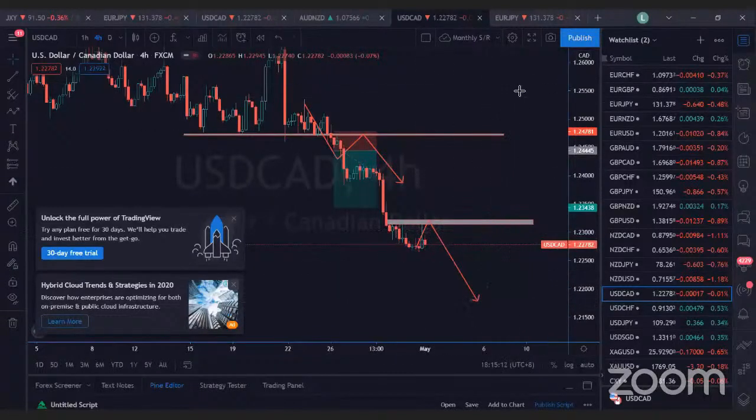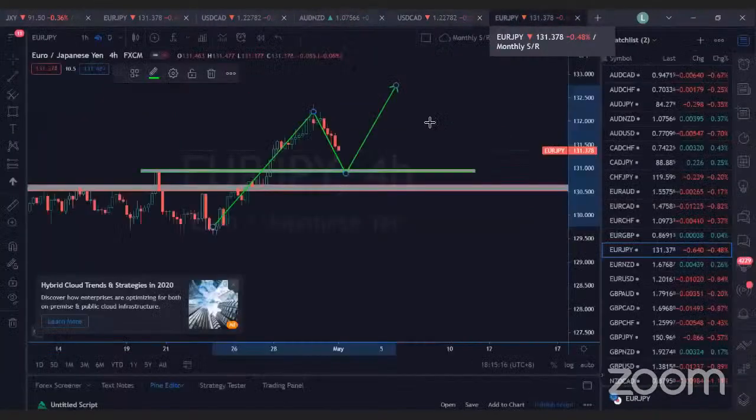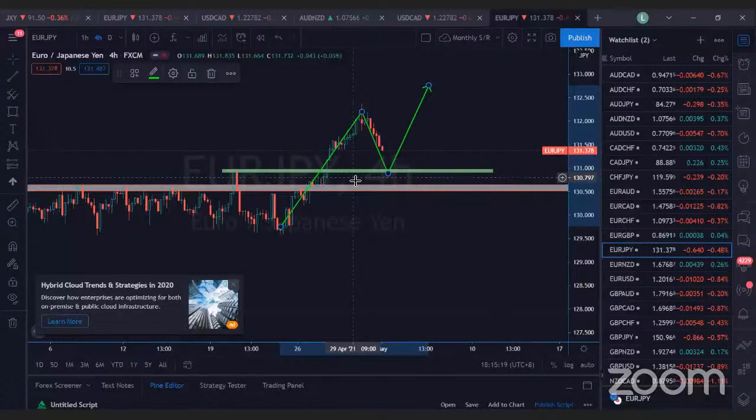These are actually similar pairs to last week. The last is actually still Euro Yen for me. Pretty good trade for me. I'm just waiting for a retracement to this level, and then I'll put in a long position. So no changes to my overall analysis. I'm still keeping constant, which is rare. But at times when I play out like this, I'm really happy just to